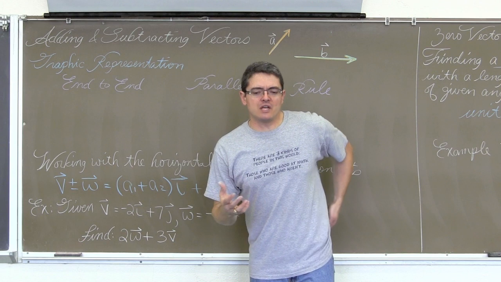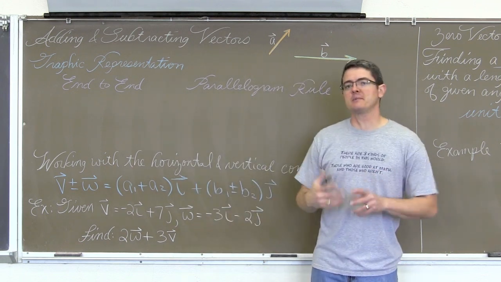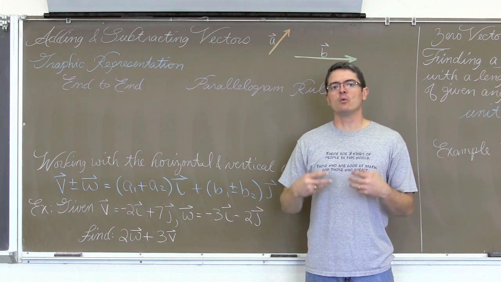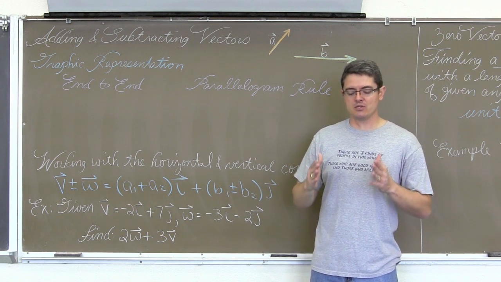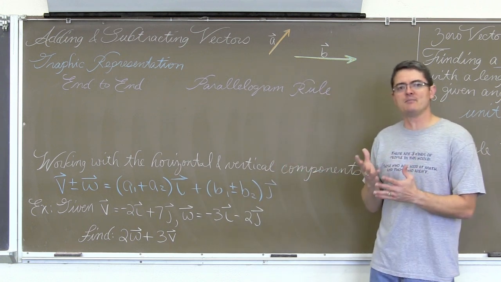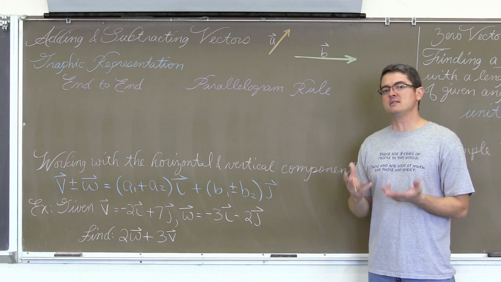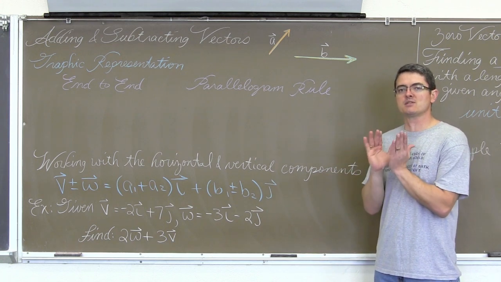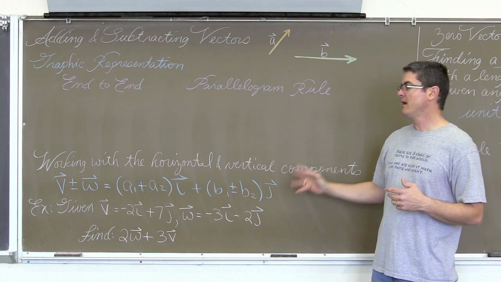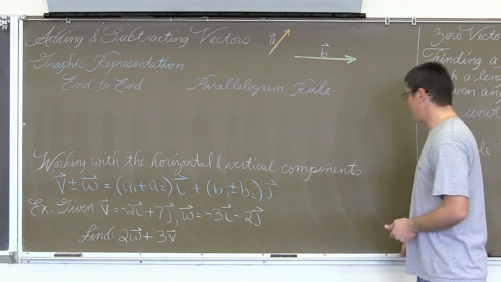Now, in life, we generally have more than just one force acting on an object. So it is very important for us to be able to find and display resultant vectors. We're going to add and subtract vectors. We're going to combine forces from many directions on an object to get it to move or stay stationary. So we need a way of showing this addition or subtraction of vectors, both graphically, by drawing, and by working with the horizontal components and the vertical components.